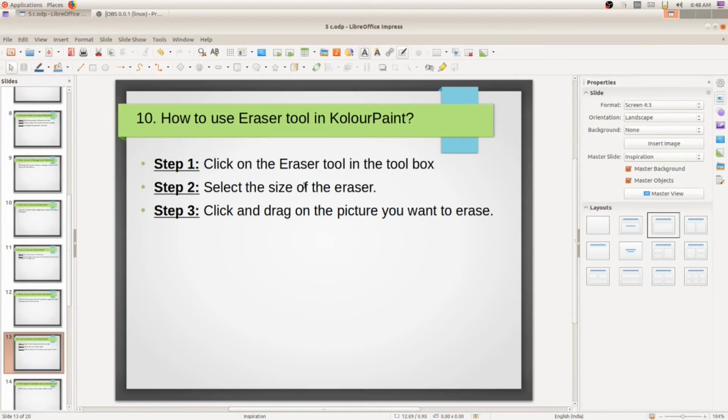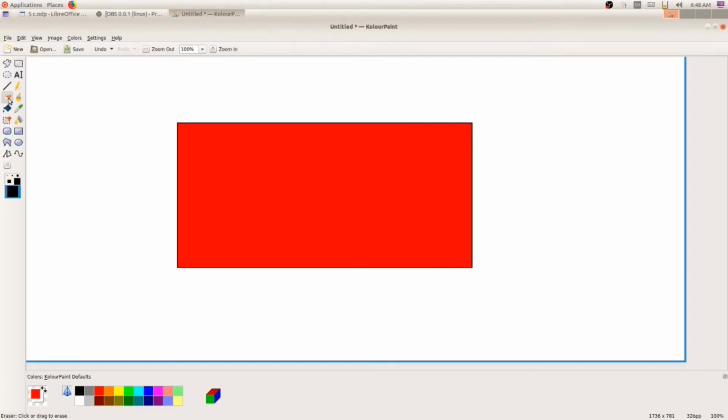You can select the size of the eraser. I have not shown in the last class. And finally click and drag on the picture you want to erase. Click and drag.